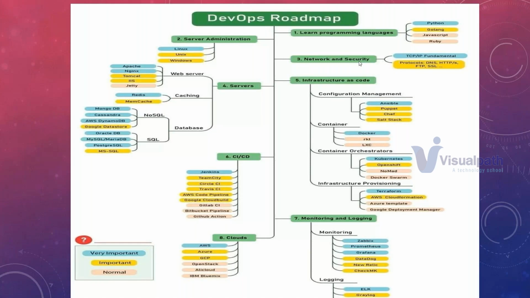On a daily basis, we'll be having a one hour session. Timing and all, you can talk to Malathi or the Visualpath management. They will tell you the timing. But daily it will be one hour. Saturdays, only when it is required, I'll be taking the session. If we are on time and I'm completing the syllabus on time, I'll not take sessions on Saturdays. So Saturday, Sunday, you can practice more if you want.